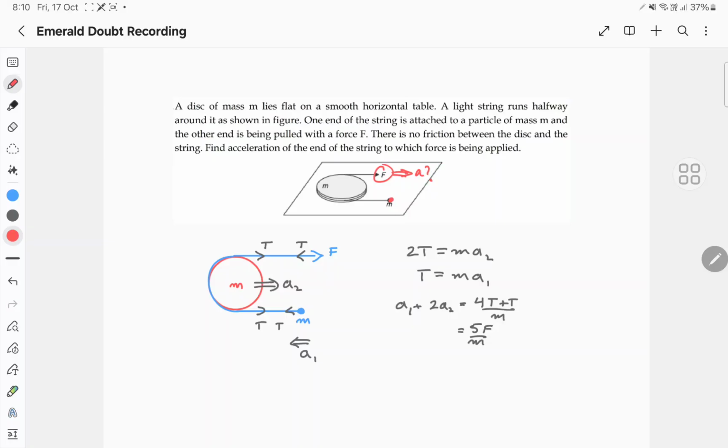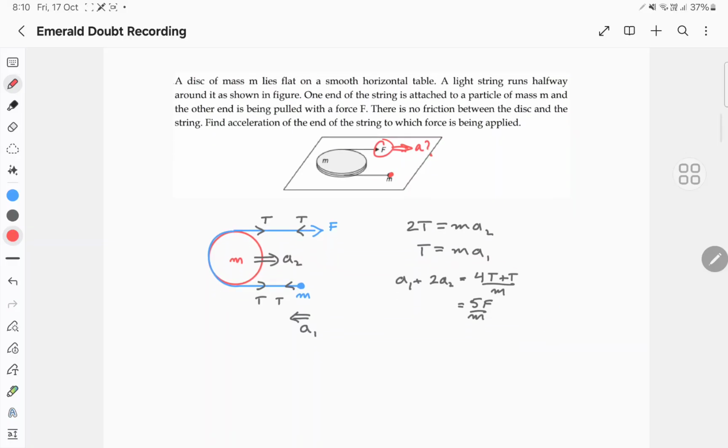Pretty straightforward. You have the free body diagram, the force F is being applied. You are pulling the string, the string is pulling you, and the string is pulling the disk. The string is wrapped around, so the other end also has this pair of tension. So one T is pulling the mass m and the other end of the same string is pulling the disk. So if we write